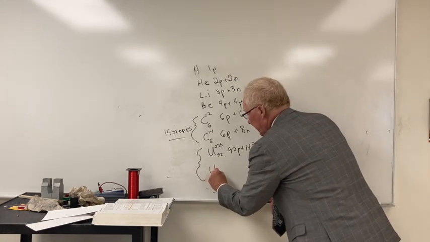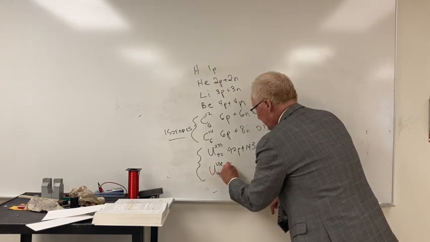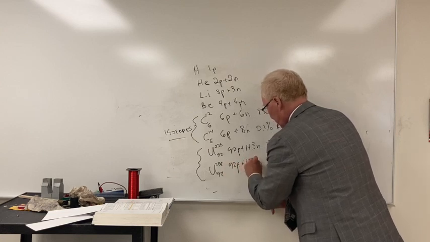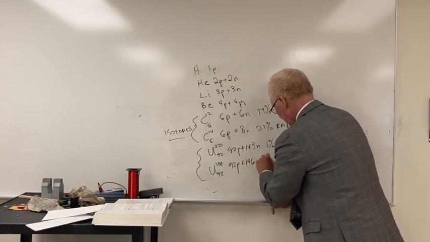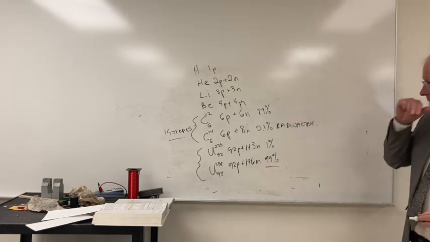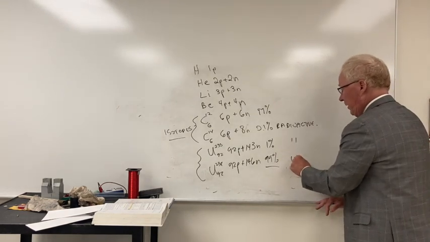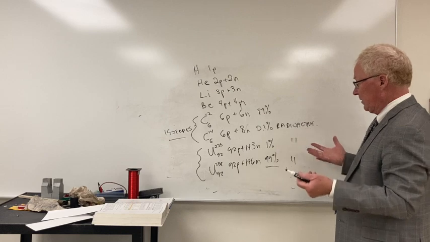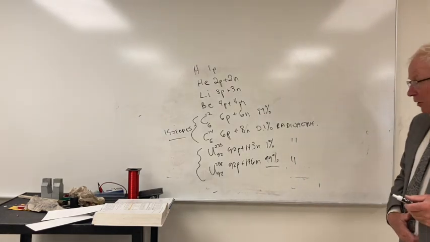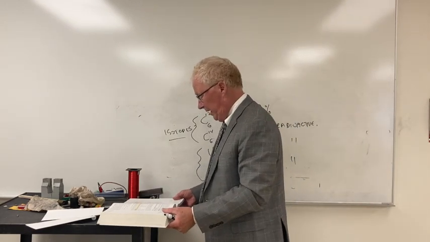And 92, 238 is 92 protons plus 146 neutrons, and this makes up about 99% or so. All right, these are both radioactive. So all of these are radioactive, meaning in the sense that they will decay to something else. We'll get into that. Now, if we look at this idea of radioactive decay,